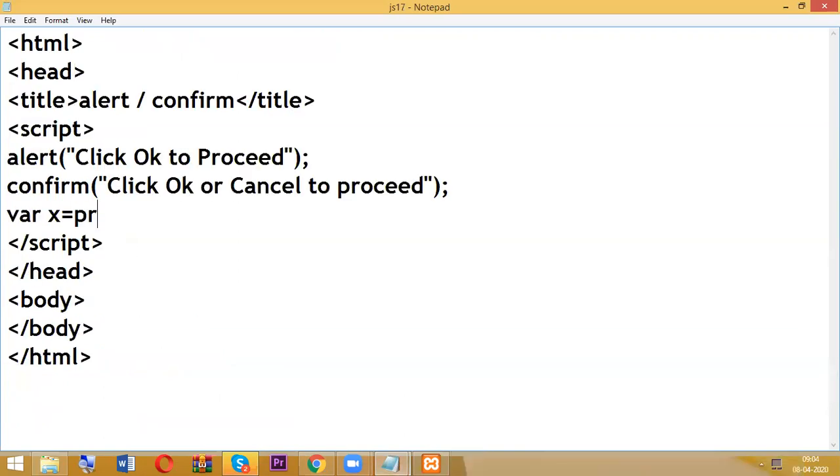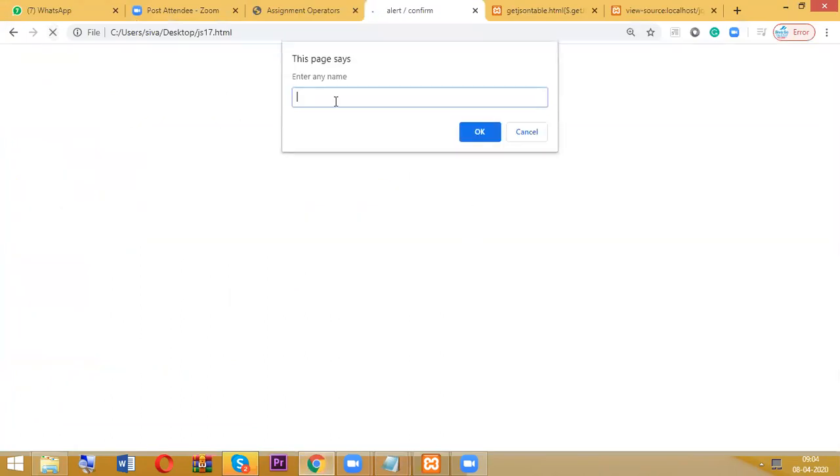Variable x equal to prompt. Here I am going to have "enter any number or name", right now a name. So go and check it. OK is alert, OK or cancel is confirm, but with prompt I got one text field.